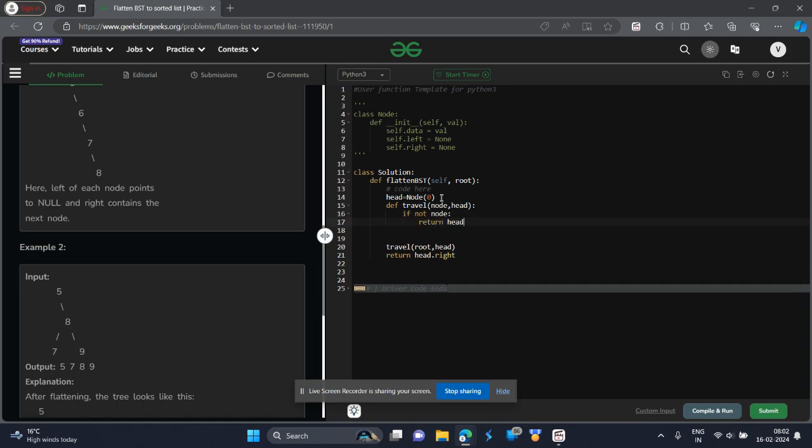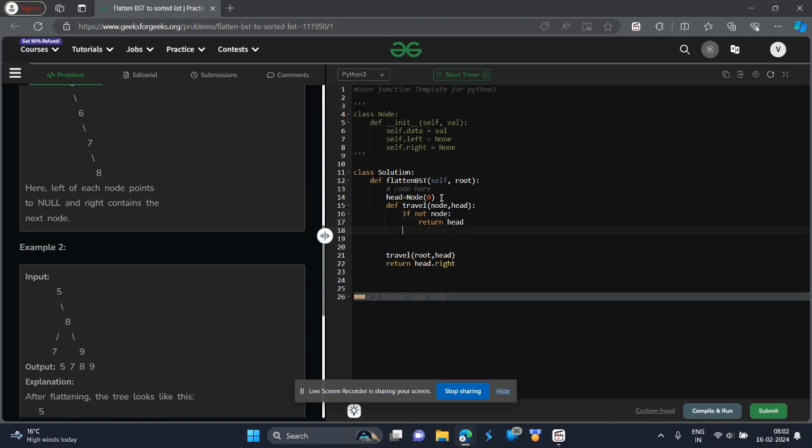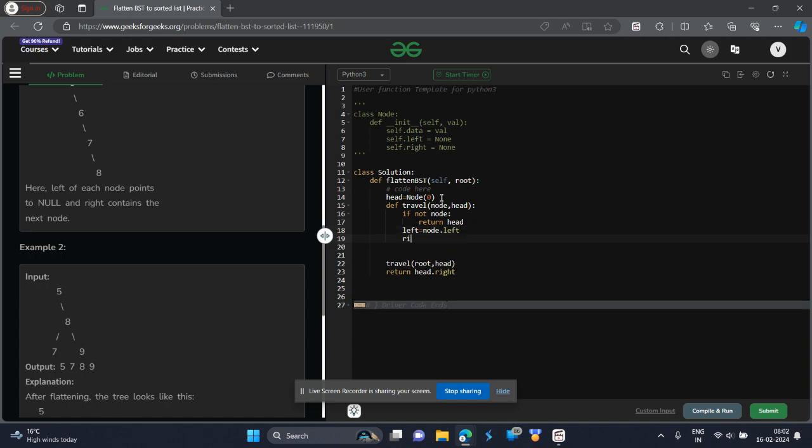What does it do? It takes the current node. If the current node is none, which means we have reached the end of the subtree, then we will return the current head of the linked list. Now we will recursively traverse the left subtree and right subtree of the current node. Left is equal to node dot left, right is equal to